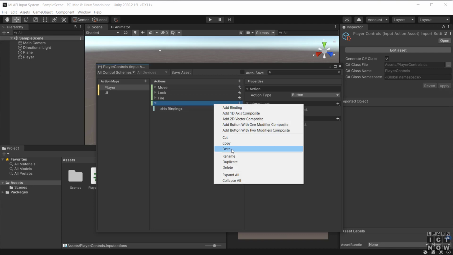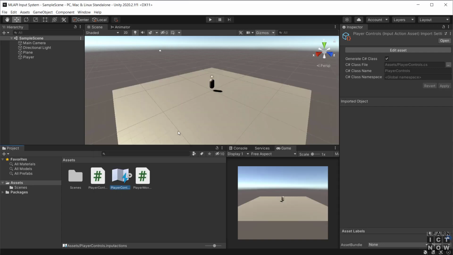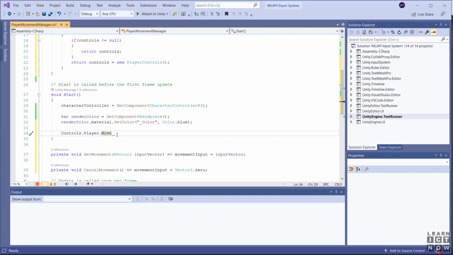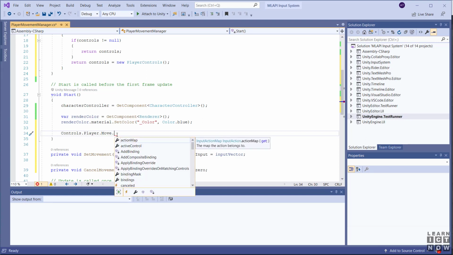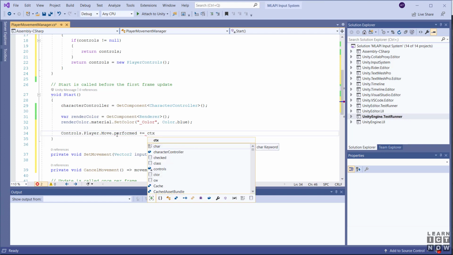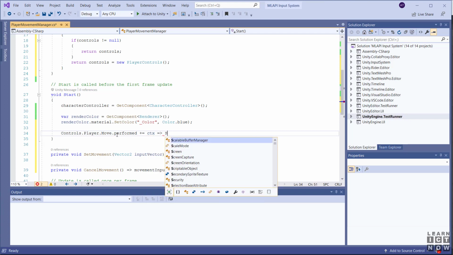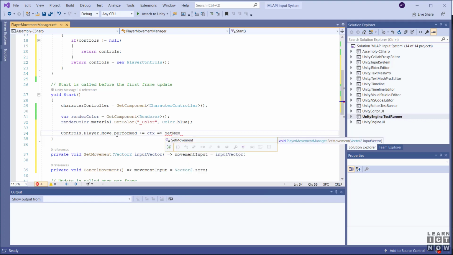How do I delete that? Right click, delete. So move, look, fire, obviously we can add all our own ones in there, but now we know that we can just dot move and get, it'll detect that movement. So, makes our life a lot easier, rather than having to code in every single user input. So dot, or keyboard input, or controller input, if it's been performed, add on a context, and use the lambda function, and so whenever that happens, we're going to run set movement